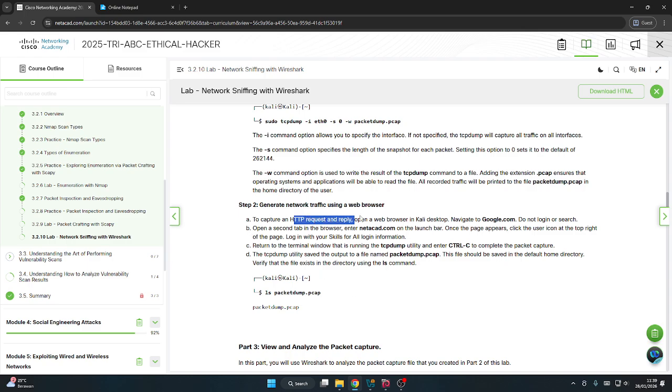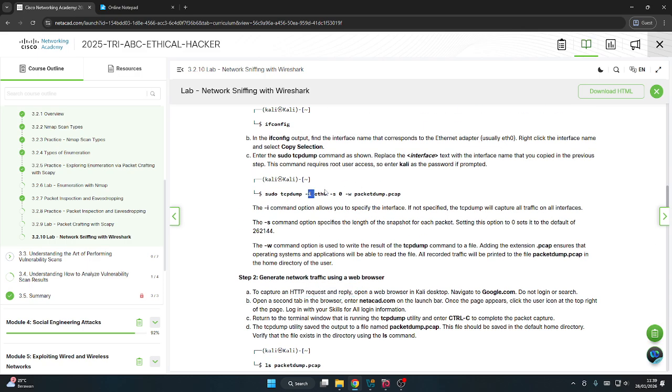So to capture the HTTP request, the tcpdump, the I command option allows you to specify the interface. If not specified, the tcpdump will capture all the traffic on all interfaces. The s command option specifies the length of the snapshot for each packet. Setting this option to 0 sets it to the default of 262144.